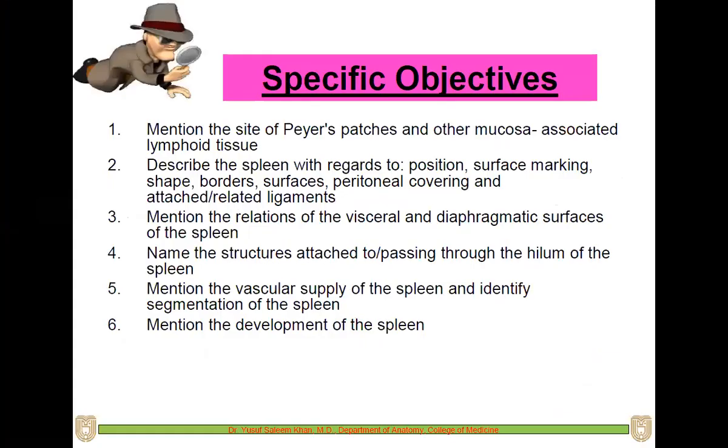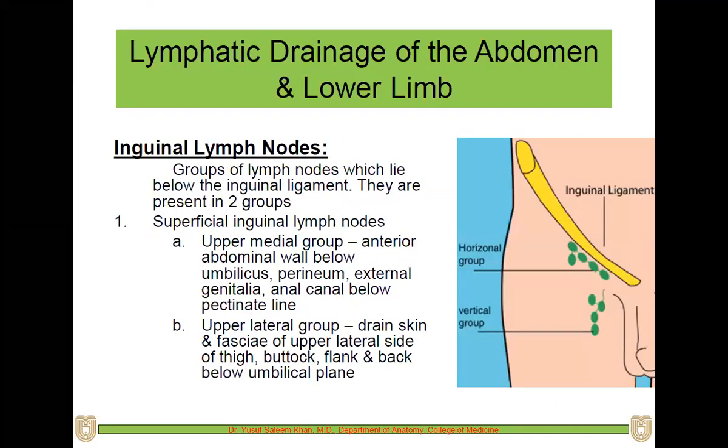Okay, today we'll discuss the anatomy, the lymphatic drainage of the lower limb, the abdomen, as well as the spleen. I hope the head and neck lymphatic drainage as well as the upper limb and the thorax has been covered already. So here in this lecture we'll talk about the lower limb, abdomen as well as the spleen, especially the spleen. So if you see, the lymphatic drainage of the lower limb and abdomen will be mainly to the inguinal